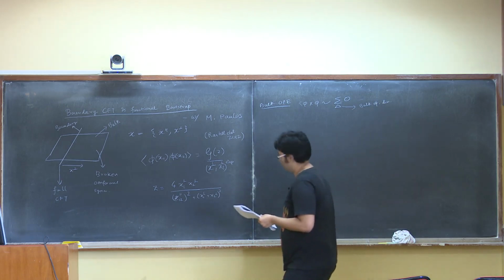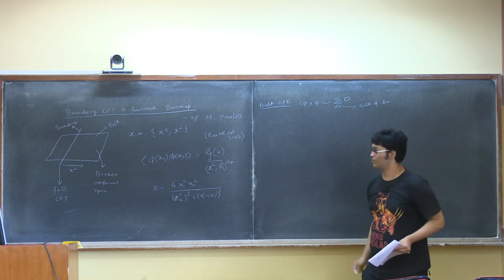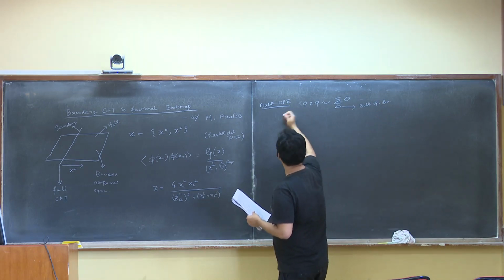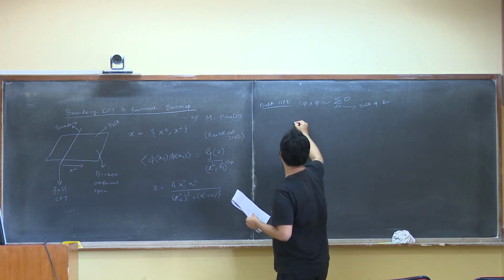And if we use this operator product expansion in the 2-point function, and then g of z